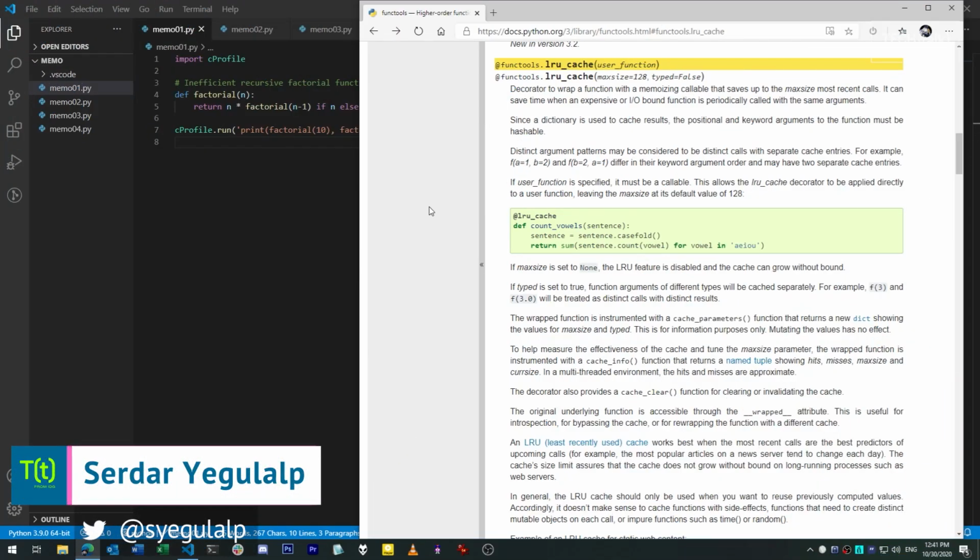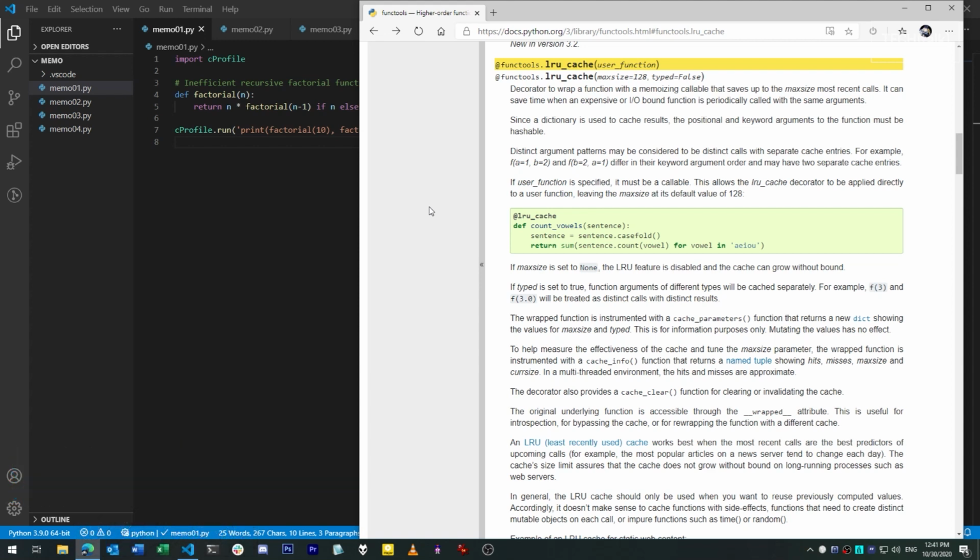Today in Smart Python, I'm going to show you a trick to speed up some kinds of Python programs tremendously, a trick called memoization. Here's a scenario. Let's say you have a function that returns a value, and when you provide the same inputs to that function, you get the same value back each time.